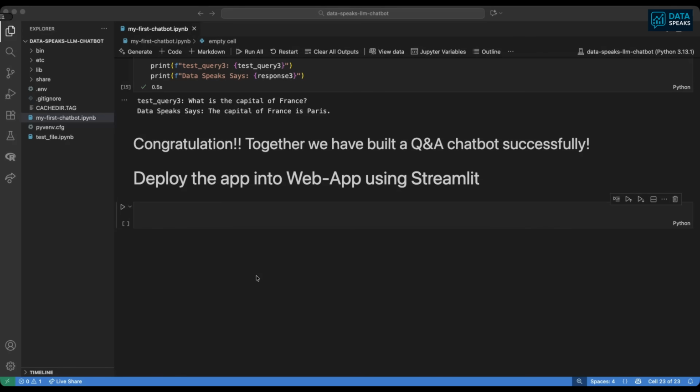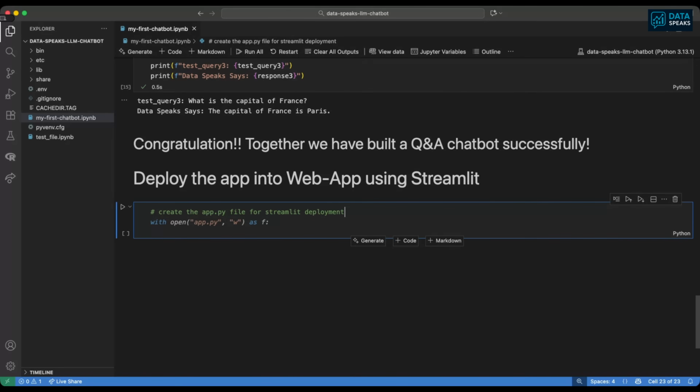So we will take the entire code into a file called app.py, and from there we will simply run the Streamlit app and start using it in web application format. Let's build the application. To create the application, we need to store the entire code into app.py. So we'll say with open app.py, this will open an empty app.py with write permission as f, and we'll say f.write,